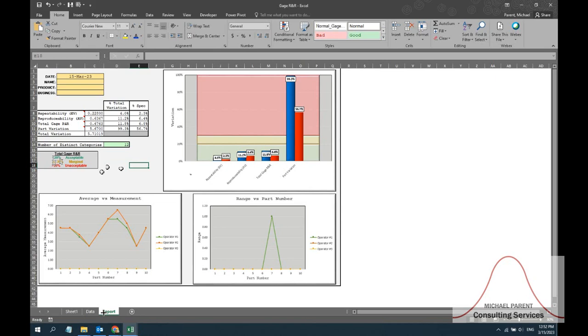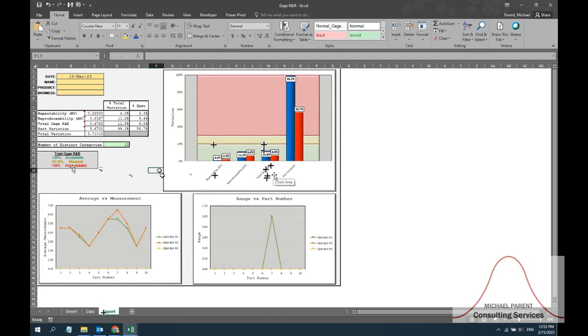If you are in food manufacturing or something, you probably aren't getting your recipe right. You might be trying to put a pound of sugar into a recipe, but you're actually putting a pound and a third of sugar because your measurement system is off by 30%. These have huge consequences for costs and for product quality. So if we ever see any of these things, the total gauge R&R greater than 20%, that beckons us to try to improve